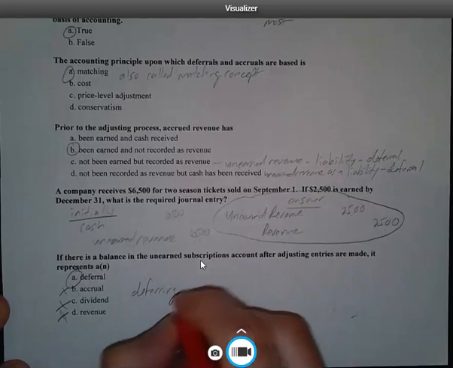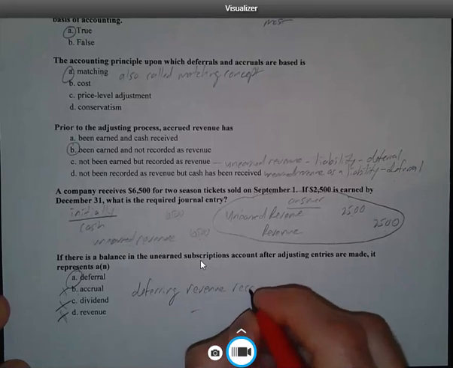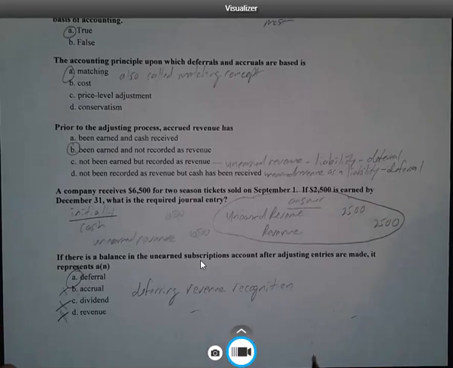We are deferring revenue recognition. That's what we're doing here. Don't be fooled. I really don't care for this choice here, choice D. That's confusing to you because unearned revenue has the word revenue in it. But the correct answer that we're looking for under this circumstance is that it is a deferral. It represents a deferral. All right, that was a lot of time for a short handout, so let's wrap this video up and move on to the next one.